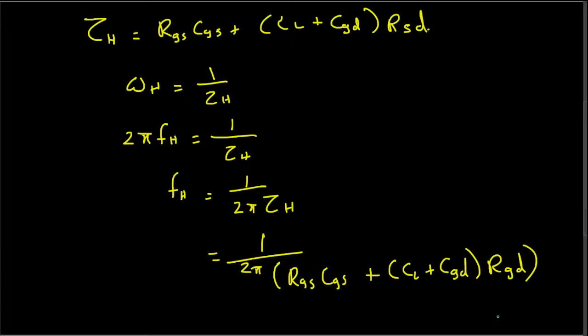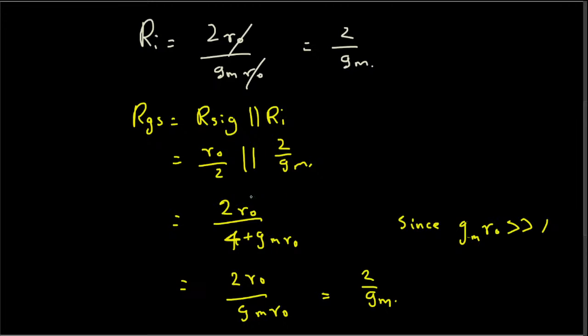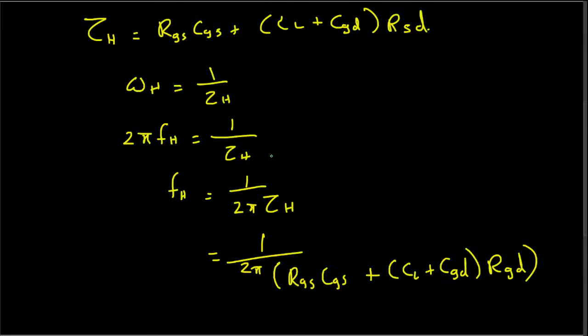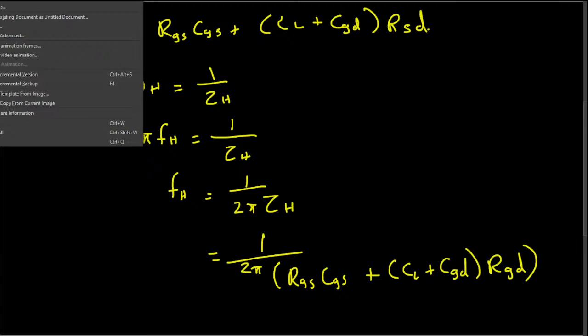Now let's see what we can do for this. First we have what we found out here, which is RGS. So we have one expression for the RGS. We have to find an expression for the RGD. The expression for RGD is nothing but the gate to drain resistance, which is gmro times